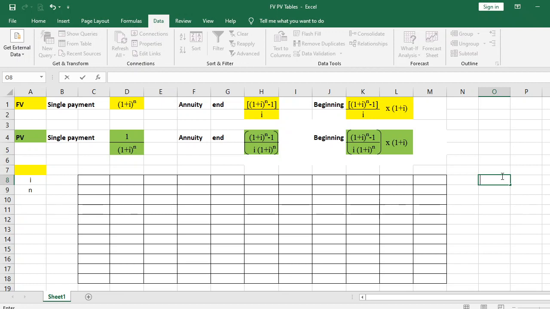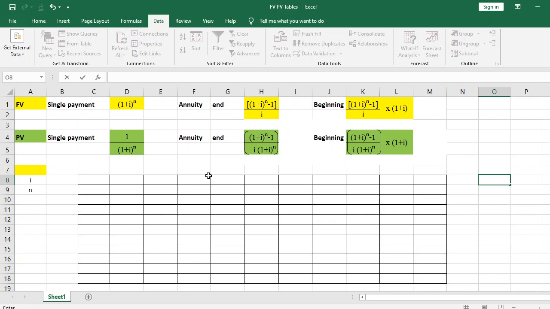In this presentation, the tables are going to be created using the data table of what if analysis in MS Excel. The data table of what if analysis helps to change the value of a variable or variables of a formula in one cell and find the changes in other cells. So first we had to choose the variables. In this case they are interest and number of years.